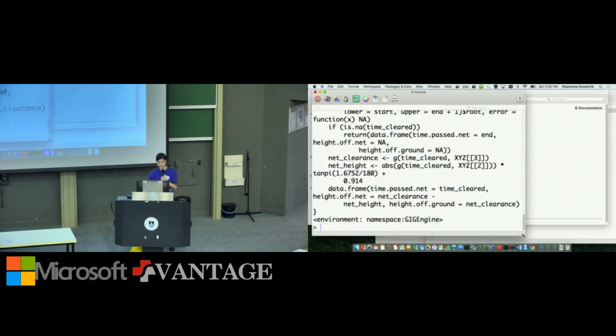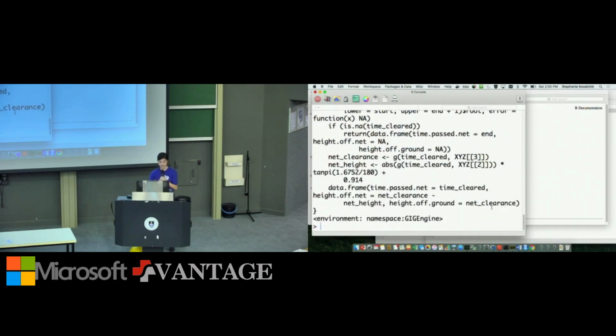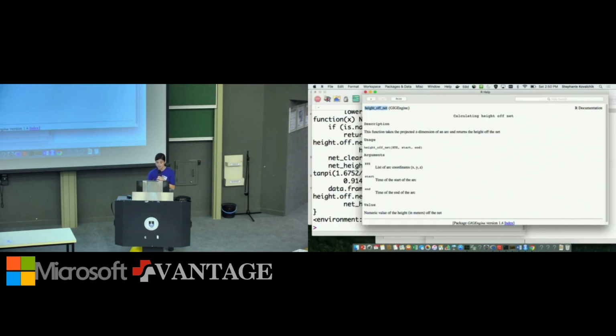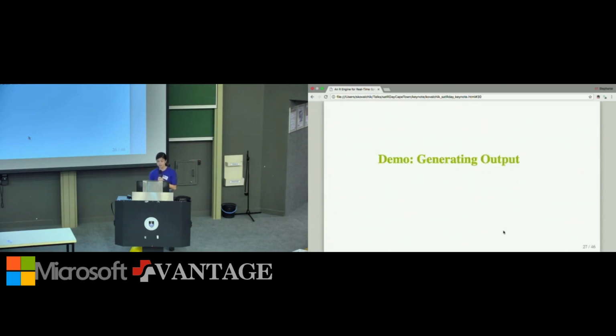This is a function that is going to calculate for a particular shot the distance that separates that shot from the net as it passes over the net. This is a very small part of just one characteristic of a shot, and we've written a separate function for that thing. So this is exactly the modularity that I'm referring to, that we try to break things down into very small parts. And we find that this really helps with the development process because if an error occurs, it's much easier to identify where that's happening.